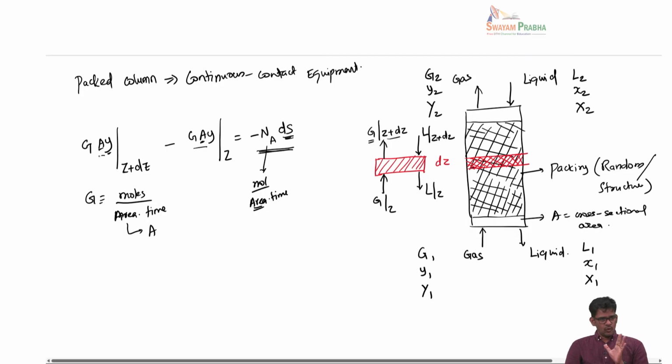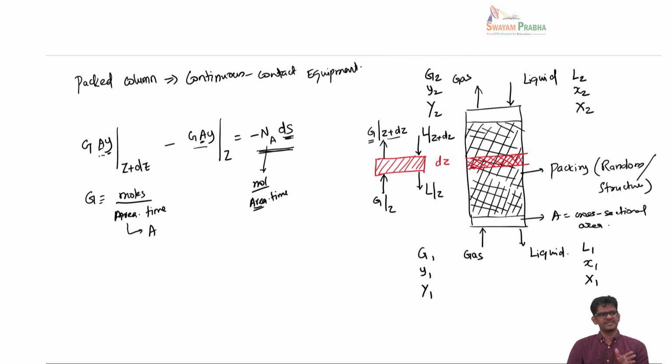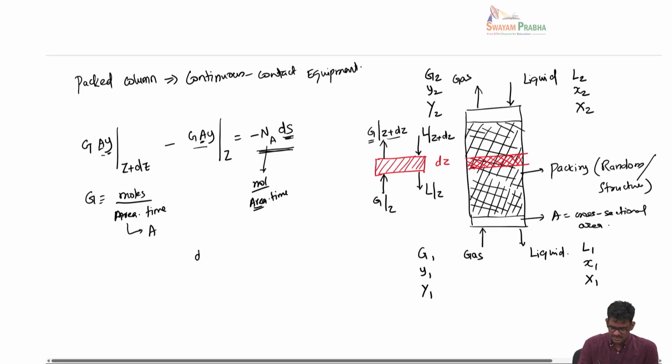Okay, flow rates are defined with respect to the cross sectional area, whereas the mass transfer flux is defined with respect to the interfacial area, and the interfacial area is a characteristic of the packing material. That's why I have used dS to denote the available interfacial area in the volume